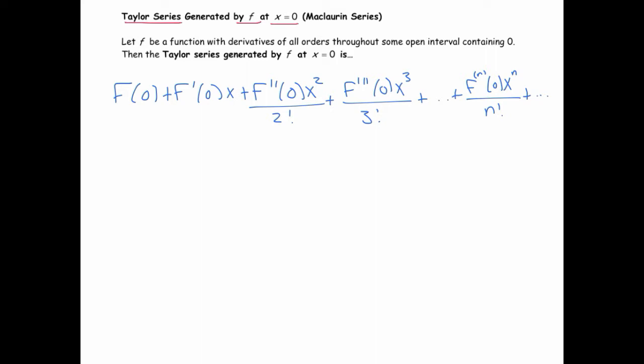So when it's centered at x equals 0, it's technically called the Maclaurin series, which is just, I guess, another mathematician who was interested in Taylor series centered at 0. We're going to see that we don't have to center them at 0. We can center them at any x value we want. But the definition is, if f is a function with derivatives of all orders, it just means that you can keep taking derivatives of this function throughout some open interval containing 0, then the Taylor series generated by f at x equals 0 is given by